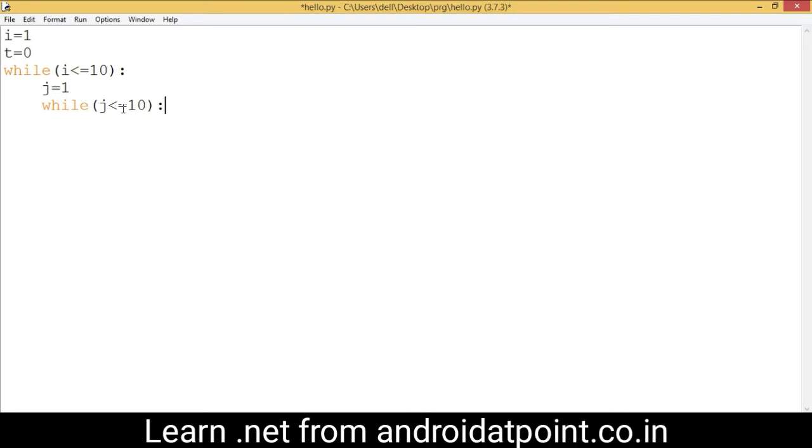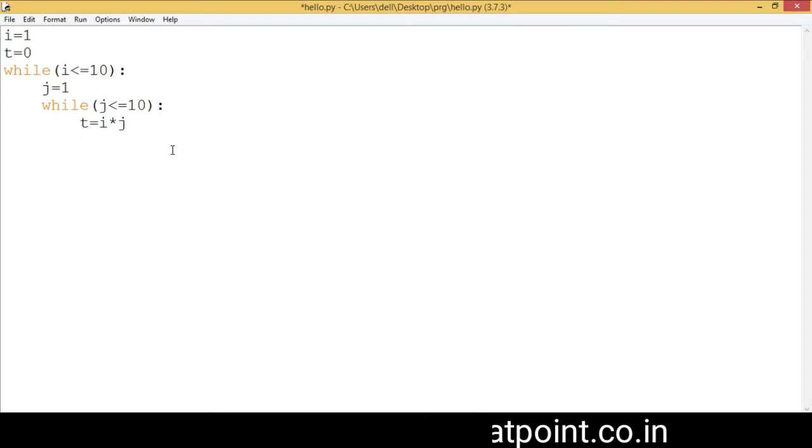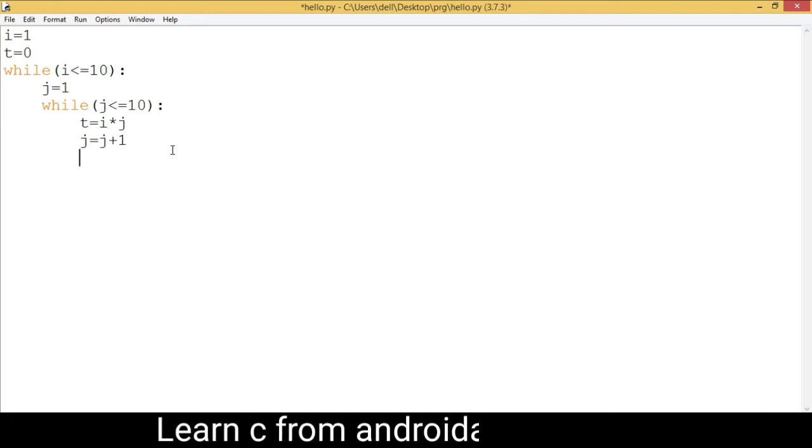This loop is called the nested loop because it is inside another loop. The loop inside another loop is called the nested loop. And now within this loop I am going to write here t equals i star j, and then write here j equals j plus 1, and